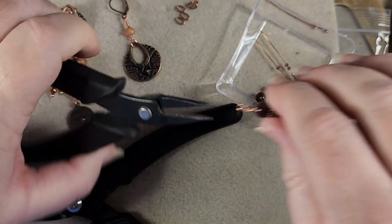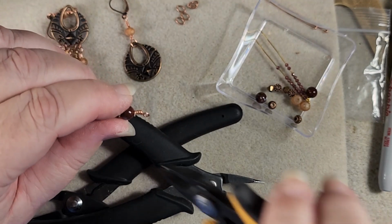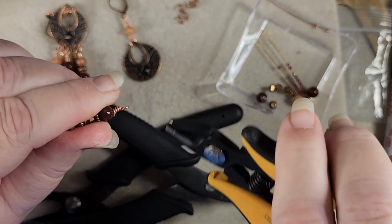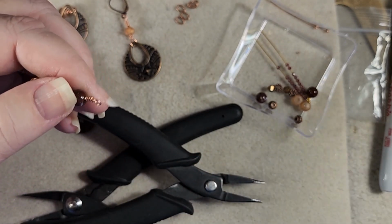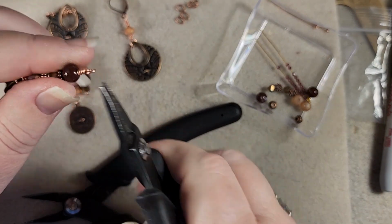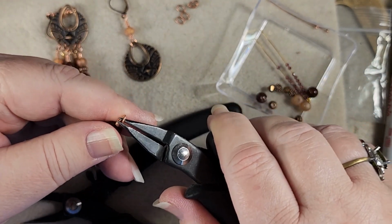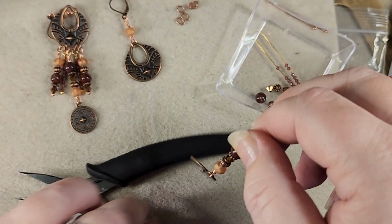Looks like this last little bit doesn't want to tuck, so we'll cut that little teeny bit off there. Being careful not to catch our loop at the same time. Now this part sometimes is a little tricky because we're working directly with the tip of your flush cutters, and sometimes it doesn't want to cut up there like that. Okay. Looks like it could tip a little bit this way. So that one is done and ready to be put on